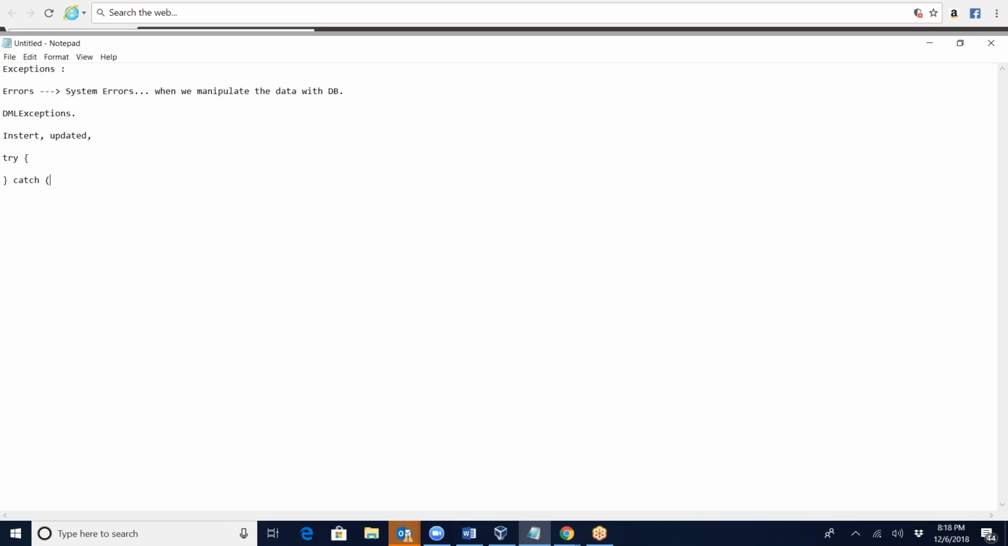As I said, it's going to be the DML exception. The DML exception is just a class, and then we can create an object. It could be anything, like error, or just E, which is fine. And this is the catch block. So here we're going to write our code block